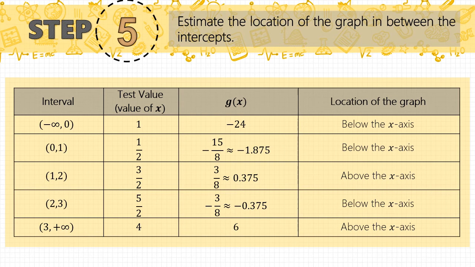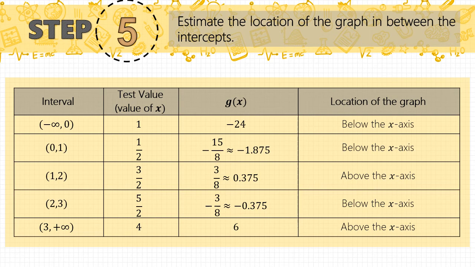We will be picking values of x, or the test values, in between those intervals, which are 1, 1/2, 3/2, 5/2, and 4. We will then substitute those values of x on the given function, and we will come